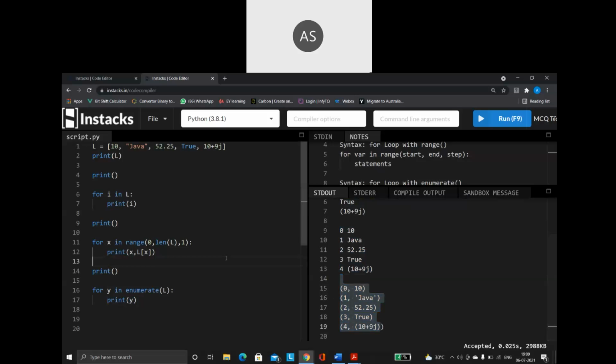Same concept is applicable for my strings or my tuples. So this is how I will be making use of my for loop. Right. So let me add this example also. There you go.